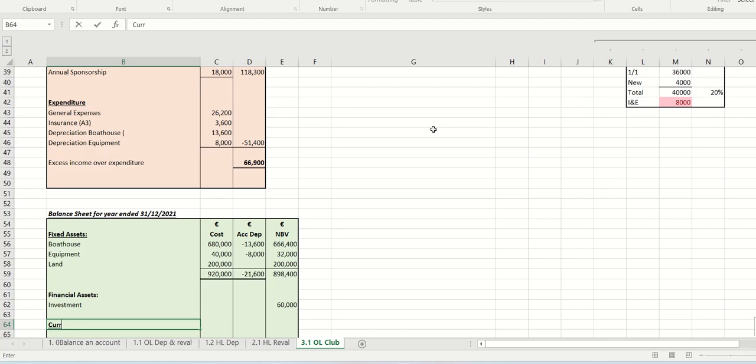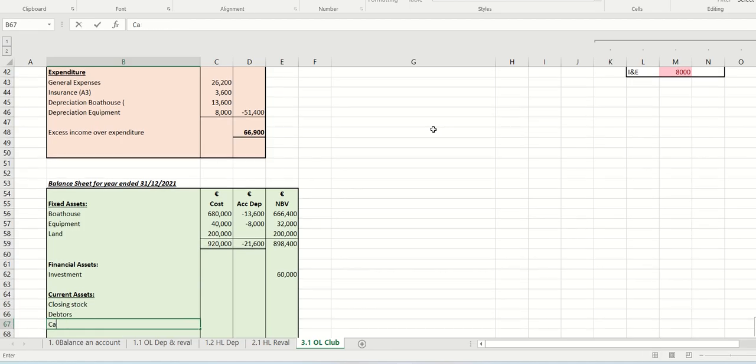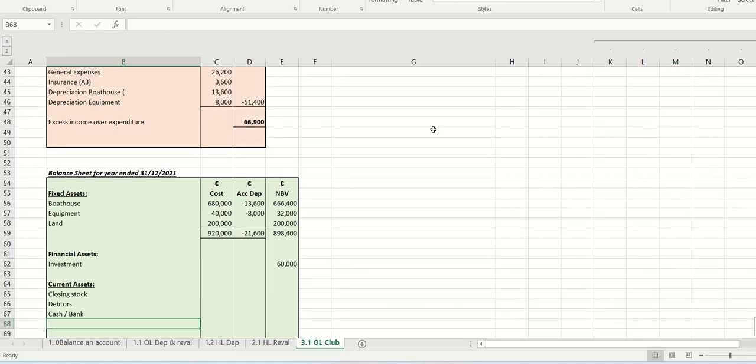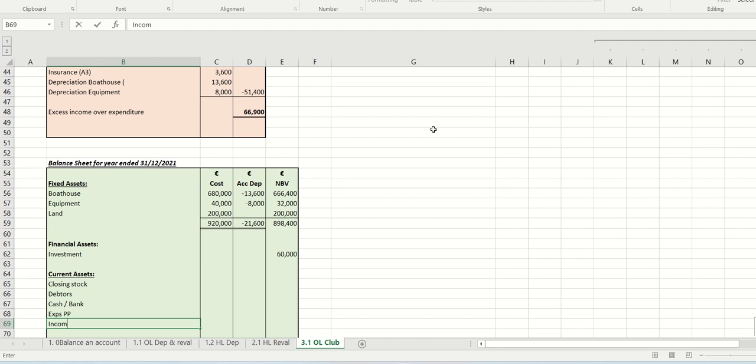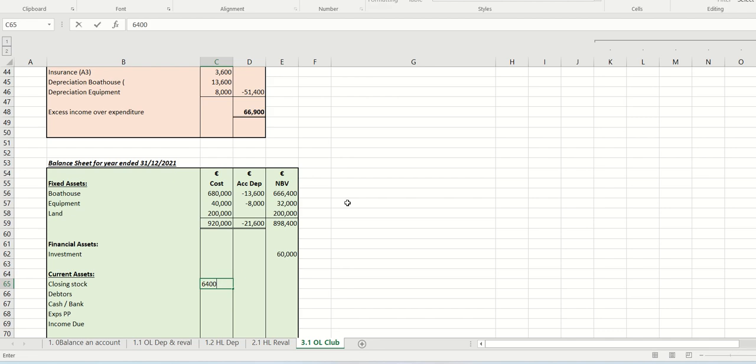And again, just learn them, know them so well. Closing stock, debtors, cash, bank. You could have each of those. Expenses prepaid, income due. Now you won't be writing those. You'll be looking for them and finding them, but I'm just putting down my list now, and then I'm going to find my numbers. So closing stock,